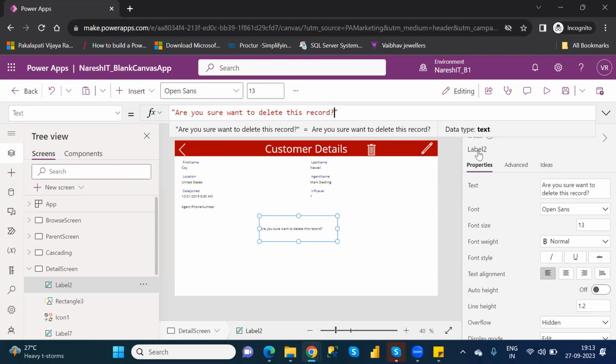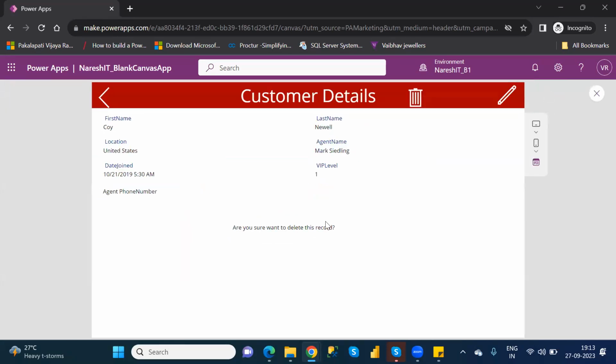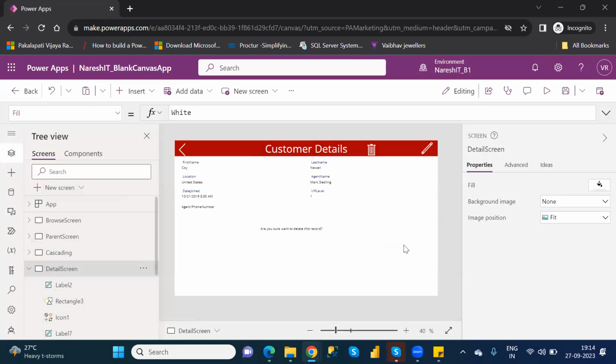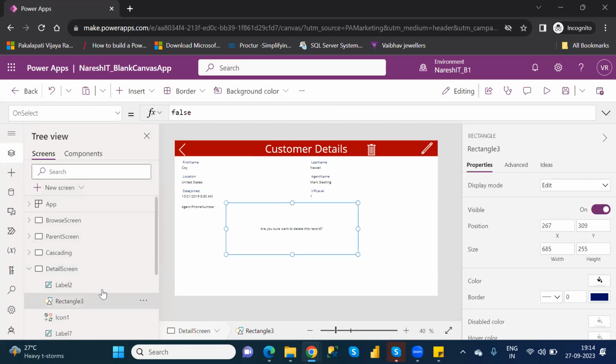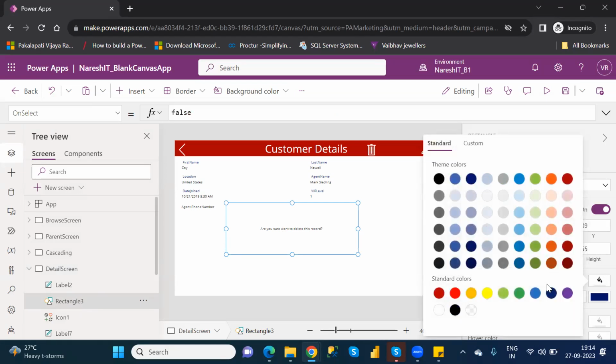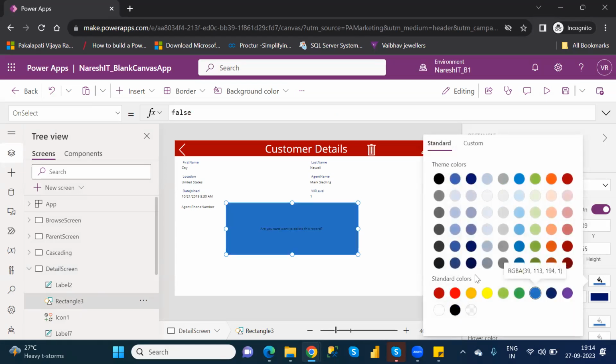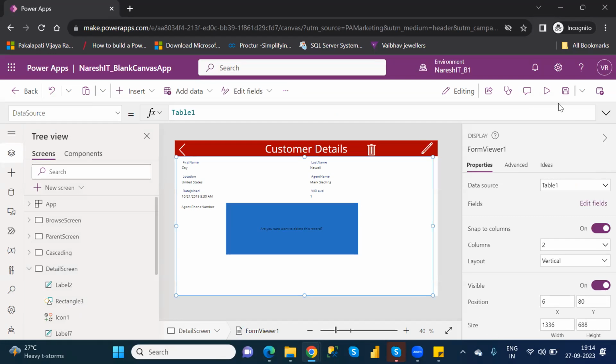When I run the application, whenever I click on this one, this will come. Shape color it is like this.